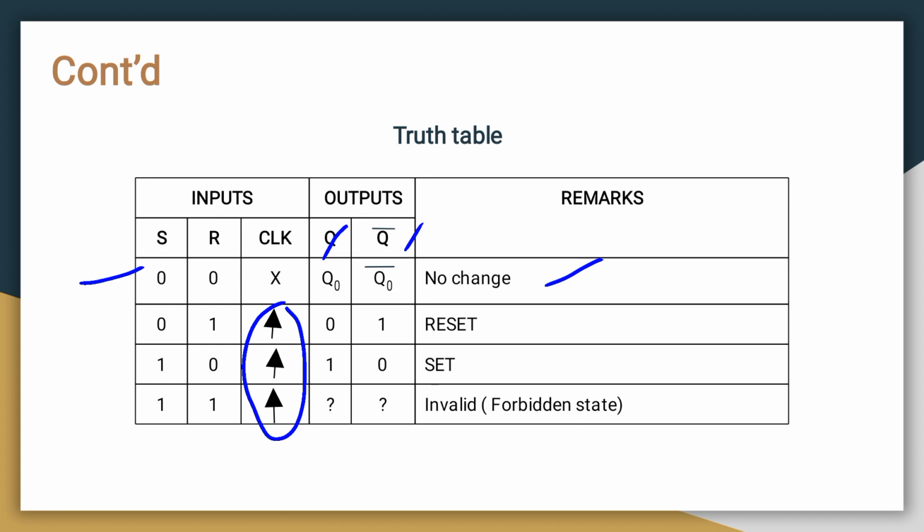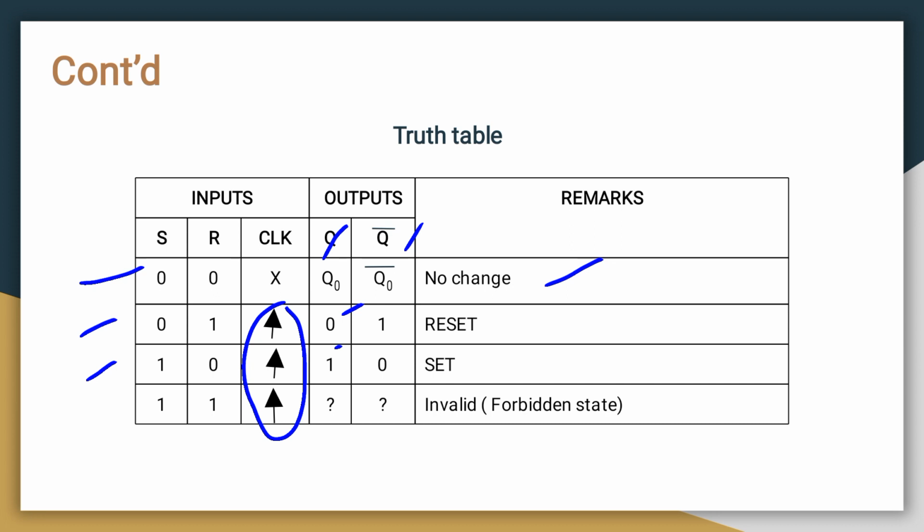So depending on the rising edge, we have to check the input. So if S R is 0 and 1, it is going to reset. Reset means it is going to store 0. So output is 0 for Q and Q bar is 1 because it is the complement of Q. So next the combination is 1 0 with a rising edge. For this rising edge clock, it is going to set. So set is nothing but it is going to store 1. The output is Q equal to 1 where Q bar is 0.